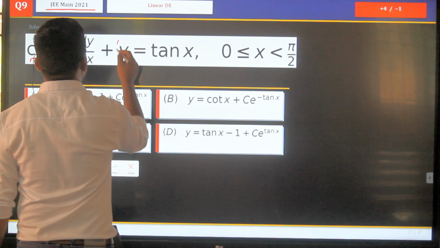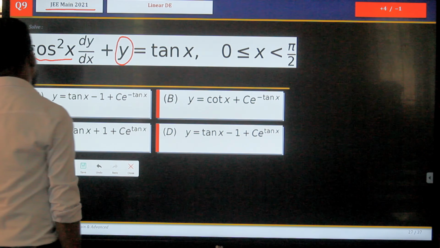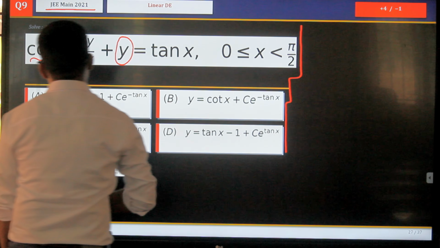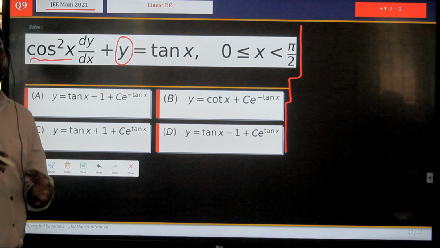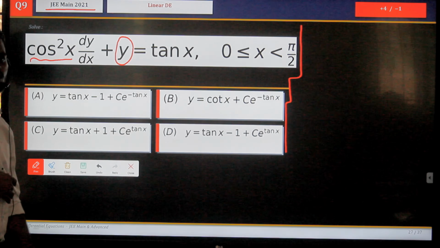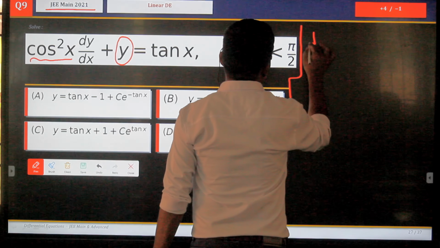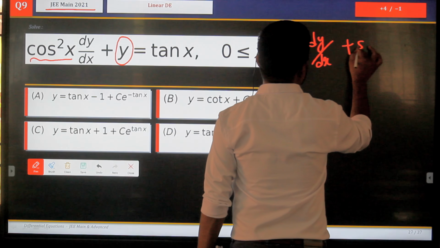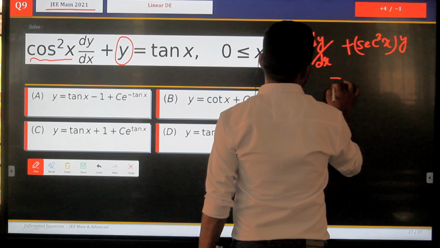Why linear in y? In this differential equation only one term in y is present and the power of y is 1. Correct. How to solve? Before solving this, as I explained in the previous question, we have to make it in standard form: dy/dx + p(x)y = q(x). That means the coefficient of dy/dx should be 1. So for that, we divide by cos²x. If I divide by cos²x, what do I get? dy/dx plus 1/cos²x becomes sec²x times y is equal to